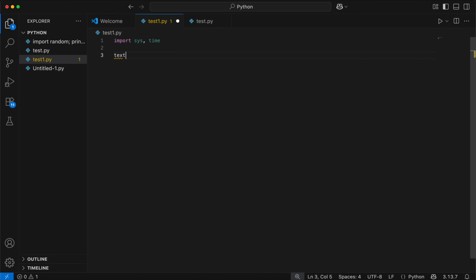Next we'd like to write text equals "Python makes even terminals look alive". Yep, and then write an exclamation mark, and let's add an emoji. Yep, cool. Yep. So I like to write for char in text